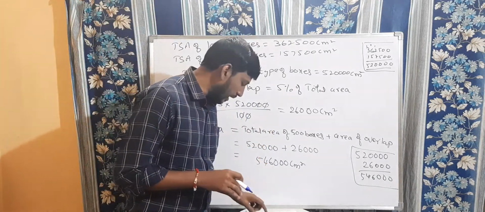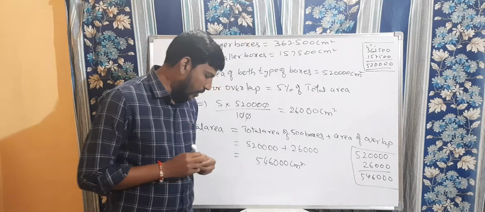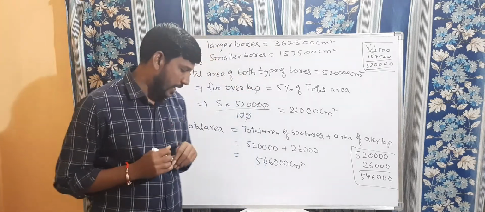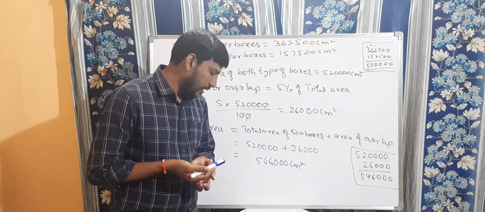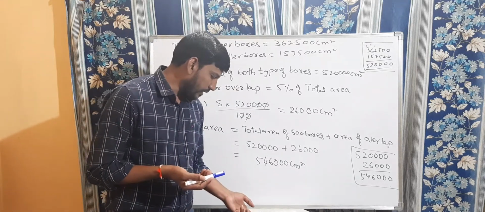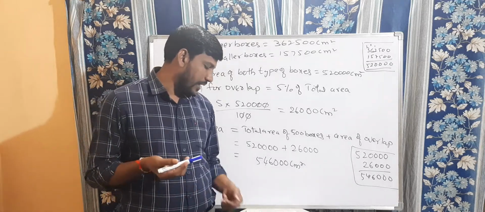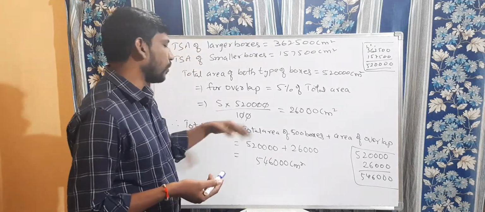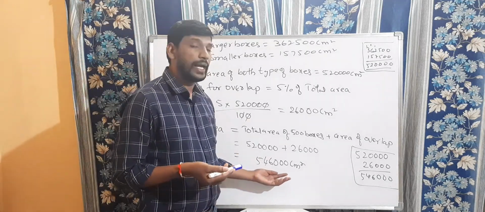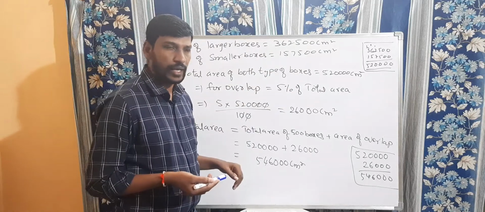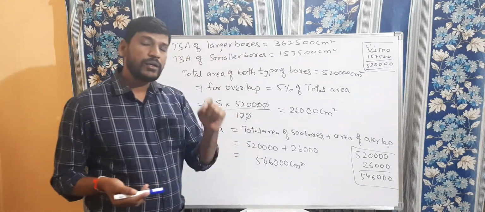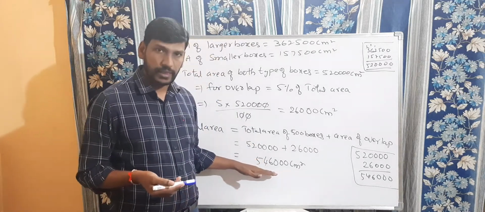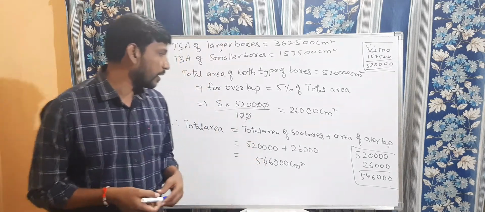So now for this they have given the cost also. If the cost of the cardboard is ₹4 for 1000 centimeters square, find the cost of the cardboard required for supplying 250 boxes of each type. Now for this we are going to find out the total cost. We got this total area of both the boxes. They have given for 1000 centimeters square equal to ₹4. Then what is the total cost of this area? You copy this one. We'll continue that one.